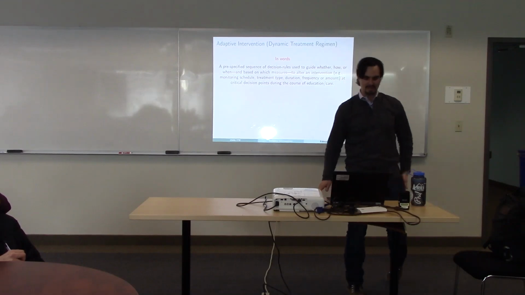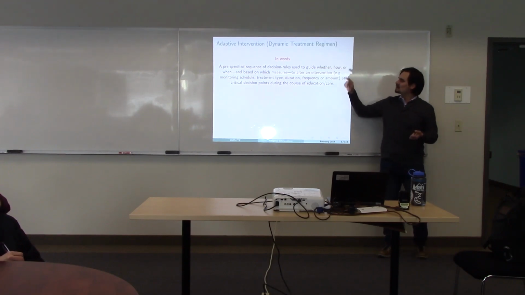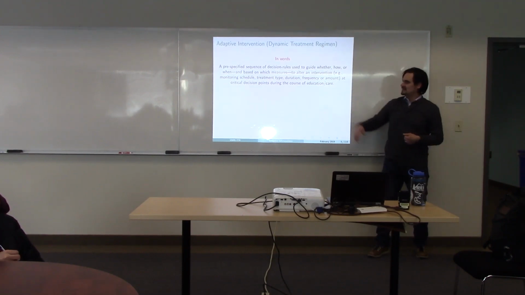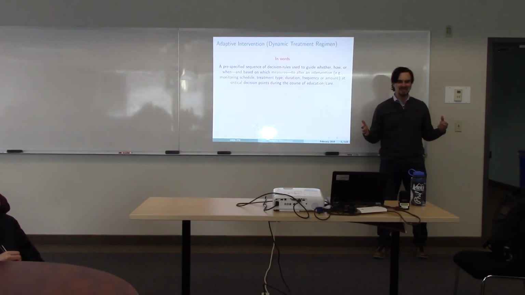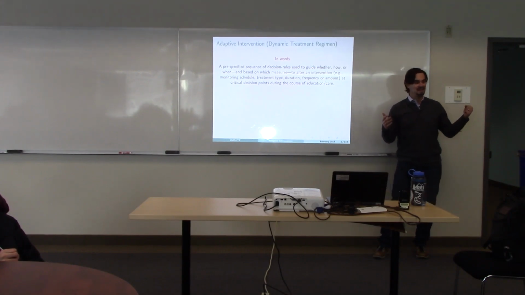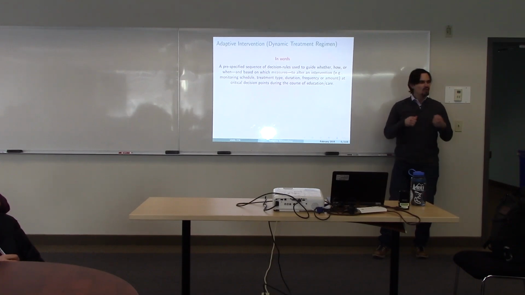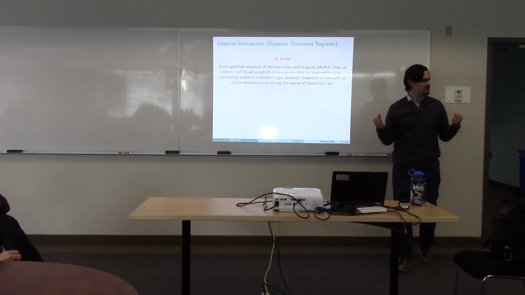So here it is in words. This is a mouthful. An adaptive intervention is a pre-specified sequence of rules that guide whether, how, or when, and importantly, based on which measures, meaning how do we monitor kids with anxiety, how do we monitor kids with depression, to alter an intervention. When I say an intervention, I have a very broad definition of what I mean. It could be that you're altering the monitoring schedule. Now I'm going to monitor the child once a month instead of once a week. Or it could be that I'm lowering the dose from 3 sessions per week to 2. I have a very broad sense of what it means to do an intervention component, okay?